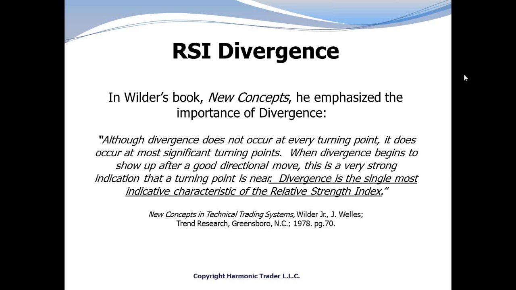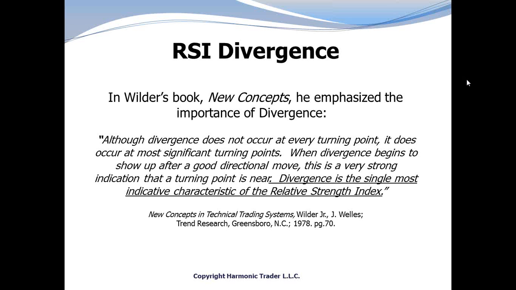When divergence begins to show up after a good directional move, this is a very strong indication that a turning point is near. Divergence is the single most indicative characteristic of the relative strength index. Now, this is from Wells Wilder's book from 1978, New Concepts in Technical Trading Systems. This is an incredibly valid and important technical indicator, probably the most of all the indicators out there when it